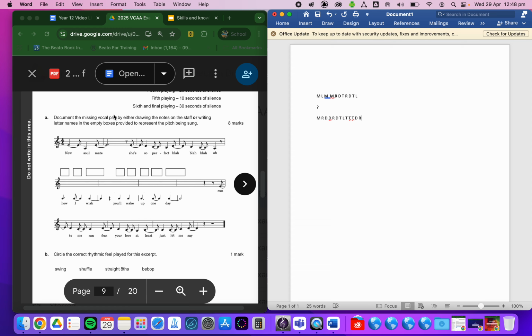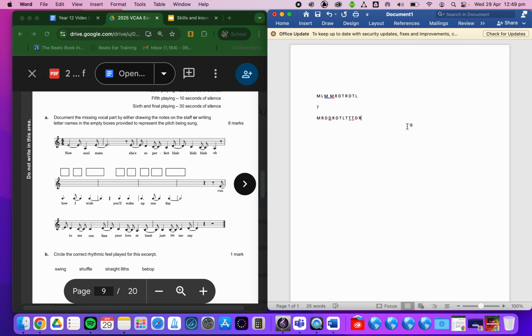So that last note is this note that's out of the scale. In any case, and that's the last bit. So